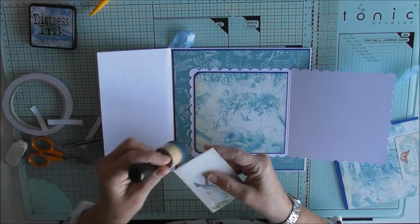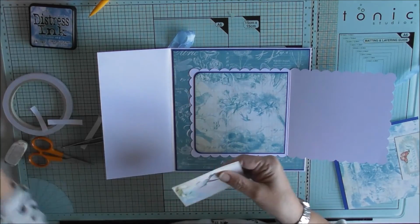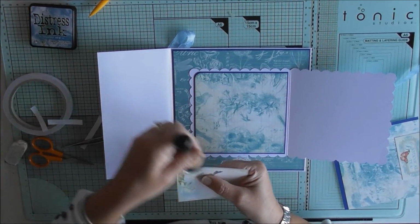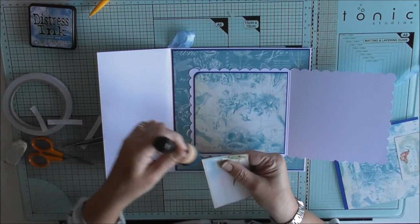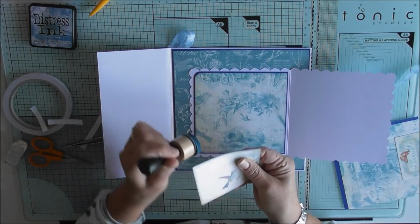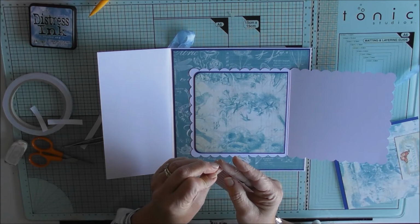I like using the ink because it just blends everything together, so everything's colour coordinated. That's the word I'm looking for. Right, so I'll take this one off,